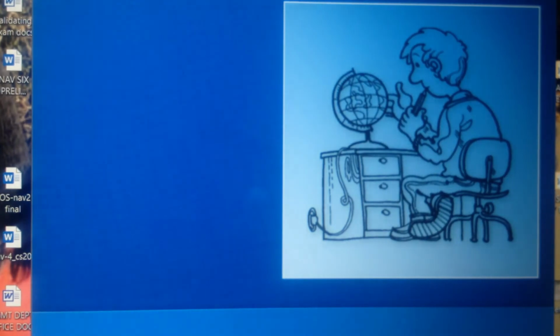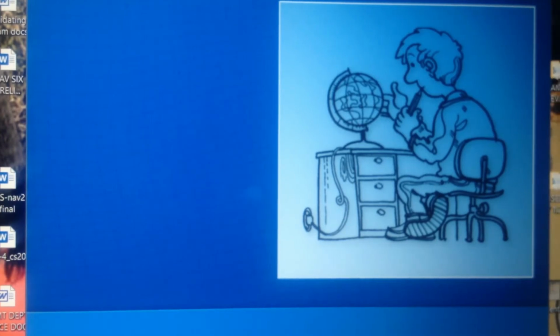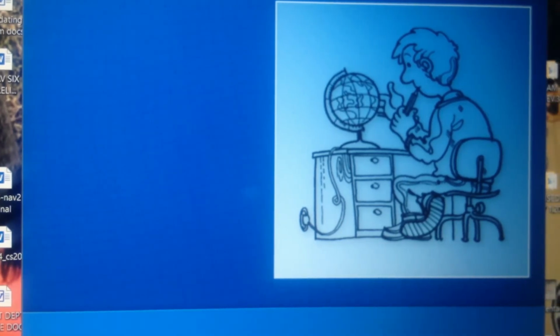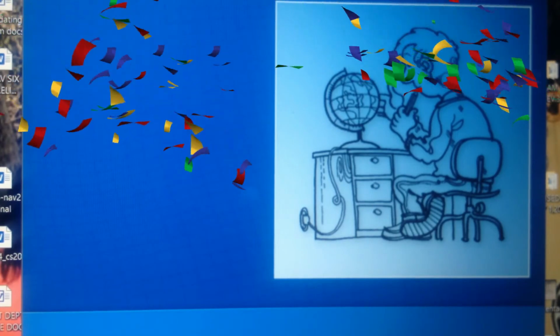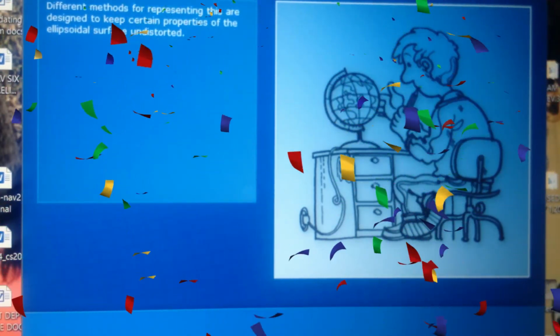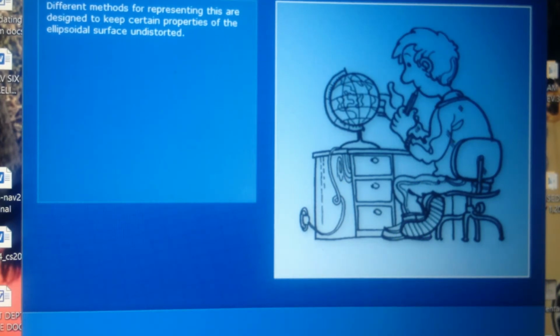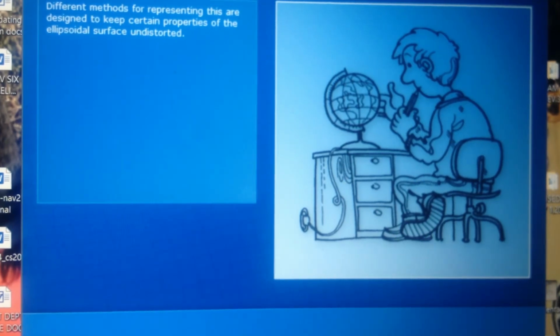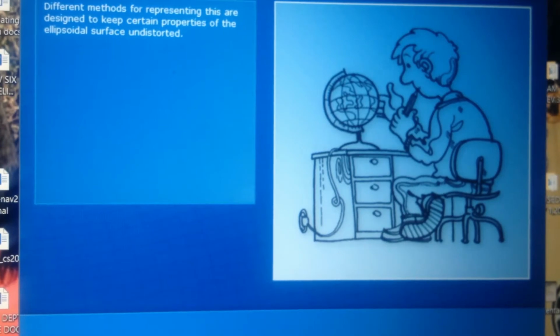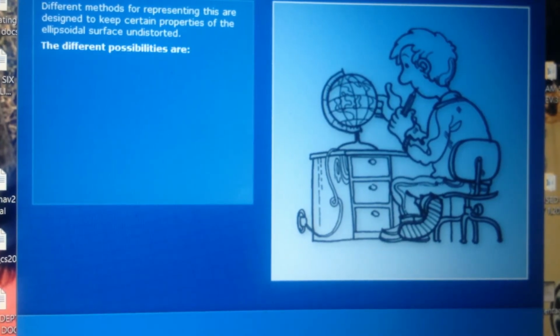Chart projections constitute the way of representing the Earth's surface in a plane. Distortions are impossible to avoid when representing a surface with double curvature in a plane surface. Different methods for representing this are designed to keep certain properties of the ellipsoidal surface undistorted. The different possibilities are: